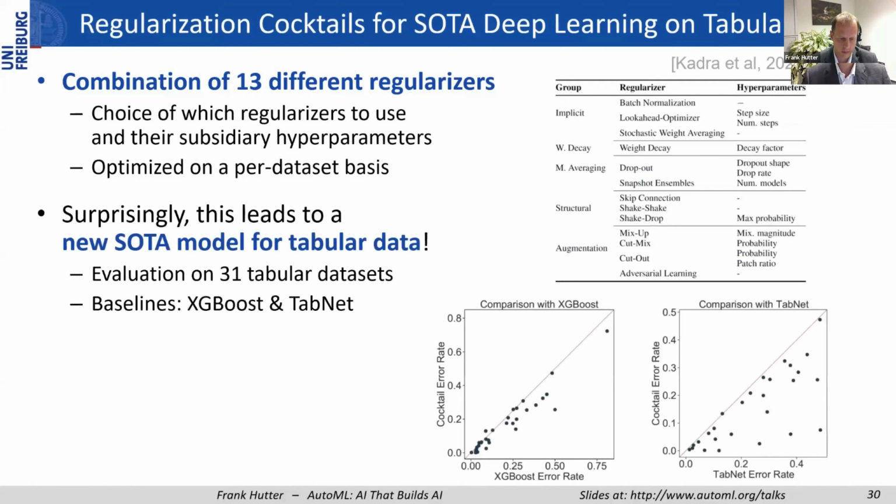We evaluated this on 31 tabular data sets and compared it to both XGBoost, gradient boosting, and TabNet, which is another approach for making deep learning scale to tabular data. And of course we are double and triple checking these results. It's too early to claim for sure that there is a new state-of-the-art method for tabular data. But if these results hold, then I think this is really a major step forward